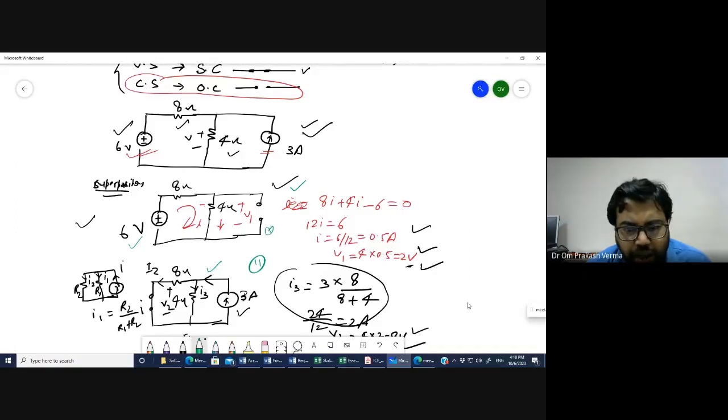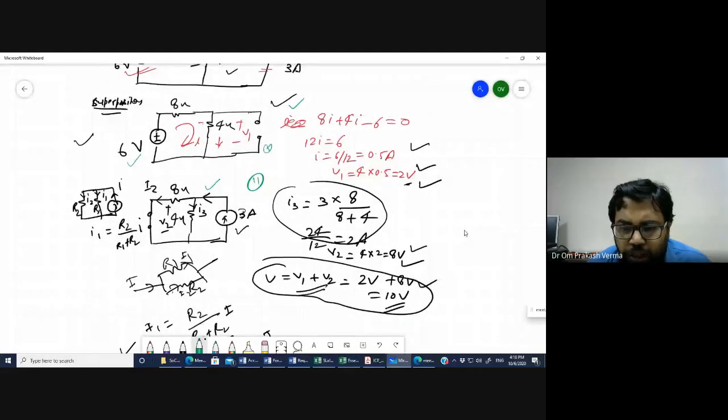Then consider the 3 ampere current source, and short all the other voltage sources and open the other current source. Here, only the 6-volt voltage source is there, so you have to short circuit the other. Calculate the current and voltage. Based on this, we manually calculated the voltage across the 4 ohm resistor, which we have already seen